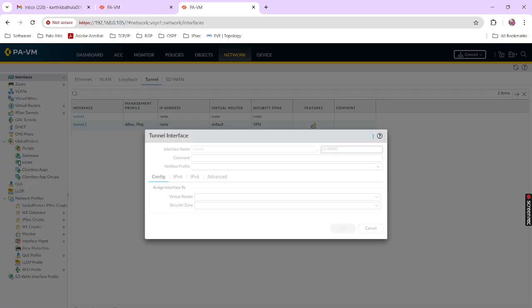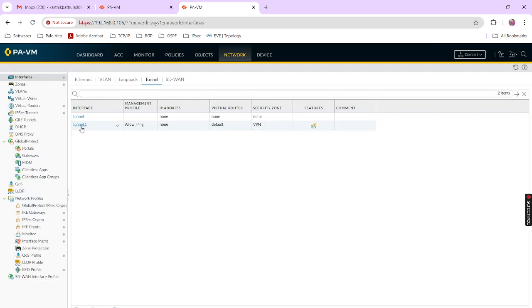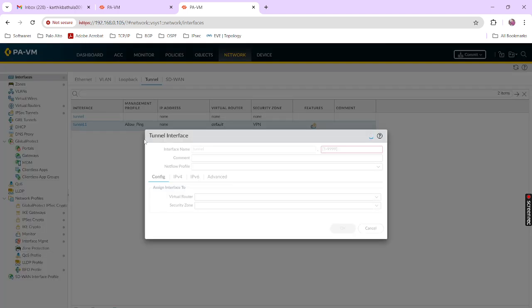If we add this, it will give a pop-up here. This is a tunnel, and if you want a tunnel we can configure 1 to 4 digits. We have an option here. See here, you can configure 1 to 4 digits, so 9999 tunnels we can create on this single firewall. Okay, by default I am configuring tunnel 1, and I am allowing ping on this, and for this I created a different security zone. I configured it as VPN and kept it as a different security zone. This is for the phase 2 tunnel. Okay,